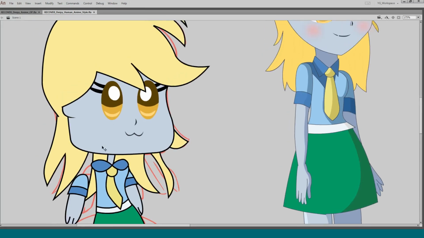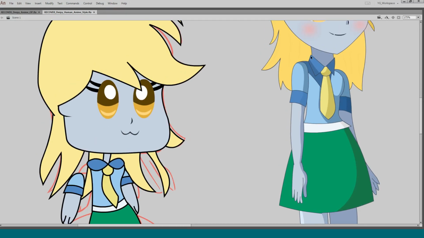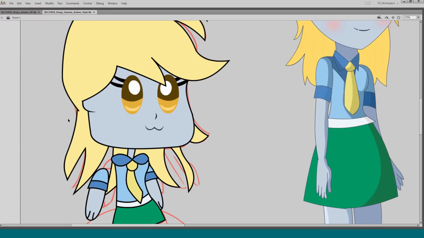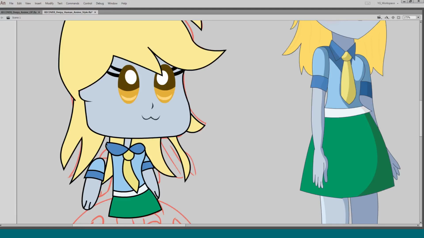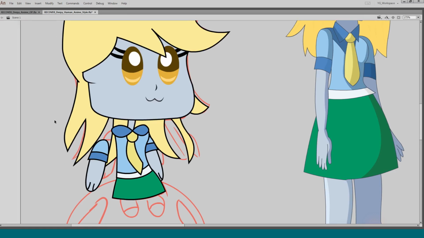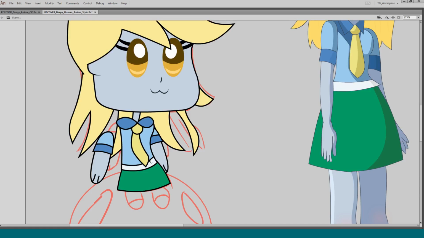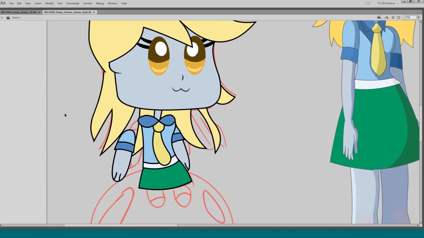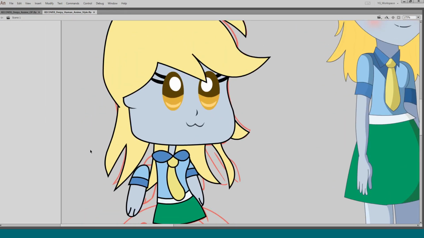I just didn't want these sharp edges on my cute, bubbly girl here. Because I can imagine it being something like this, and it just seems like a sharp angle kind of thing. So I just want it to be nice and bubbly. Like I might make this have no sharp edges. There we go. Yeah, that's kind of more fun. Create some kind of contrast a bit. Yeah, that's basically why.